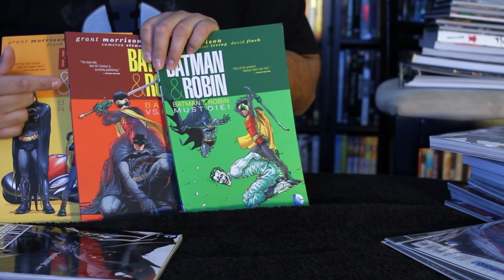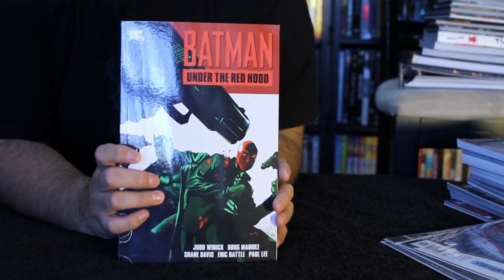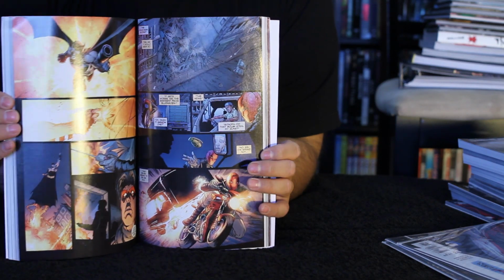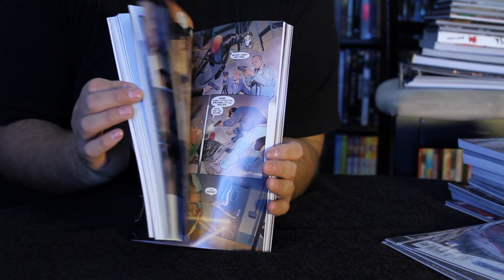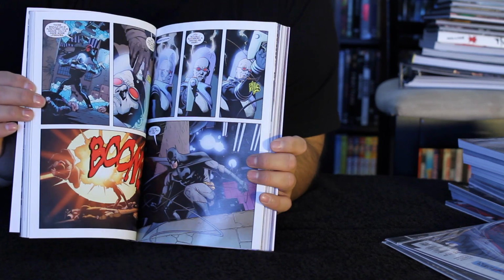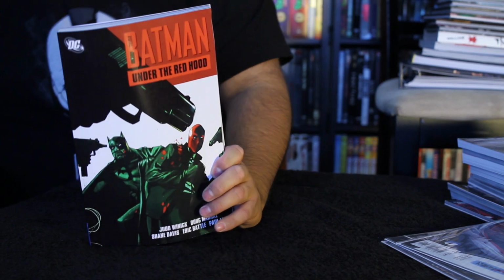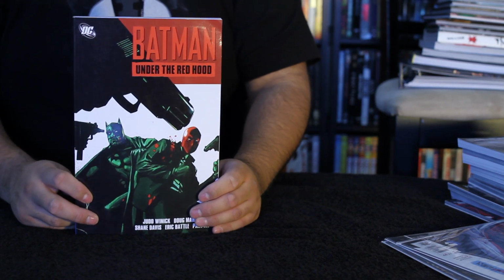Damian Wayne is Robin, and what happened to Bruce Wayne. Here we have Batman Under the Red Hood, kind of the same as the movie, and it's so good. It was almost an exact copy of what the movie was, except this is a lot more detailed. So it's really good. Definitely worth checking out if you're a Batman fan and you want to know what happened